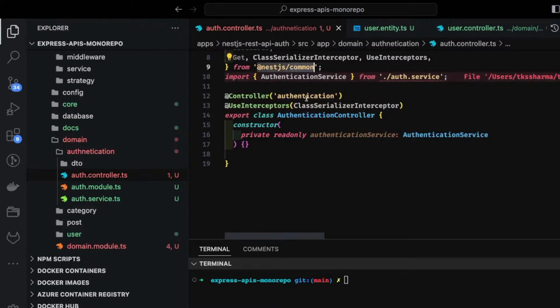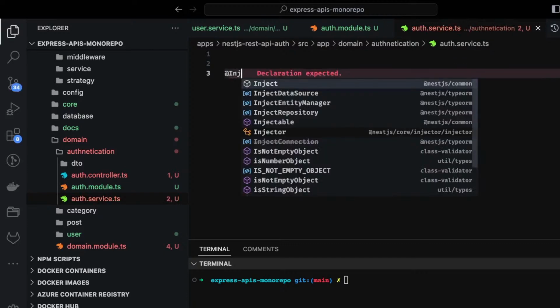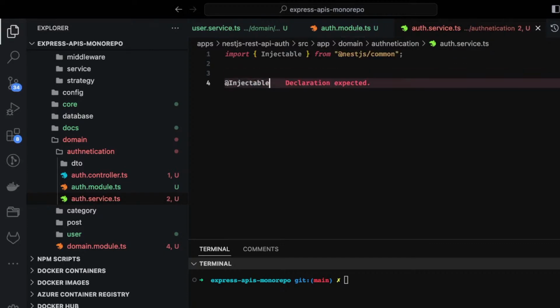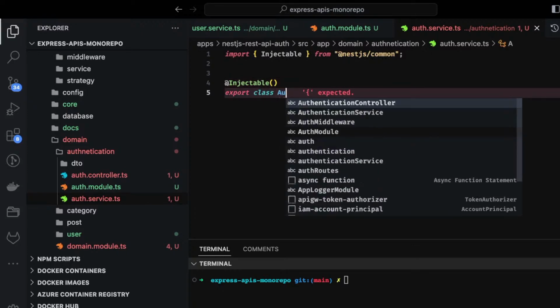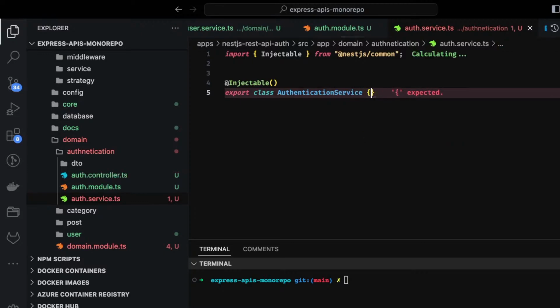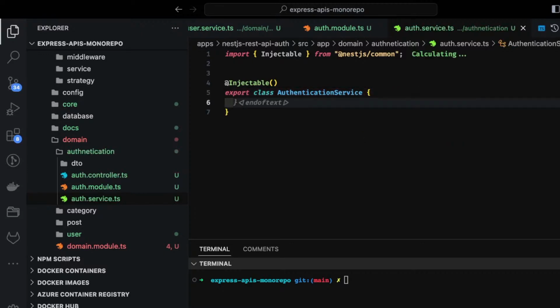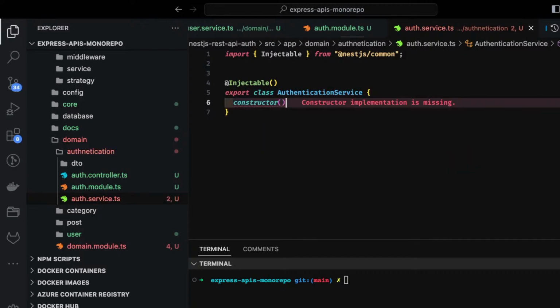So here we might be exporting auth service. So let's first create auth service. And how we create a service in NestJS, we just use Injectable, right? And then here we can export class authentication service. Okay, this authentication service will have the same constructor, and inside a constructor we are going to inject the